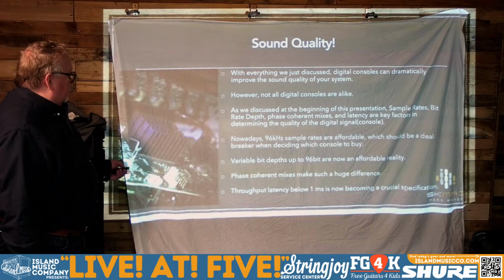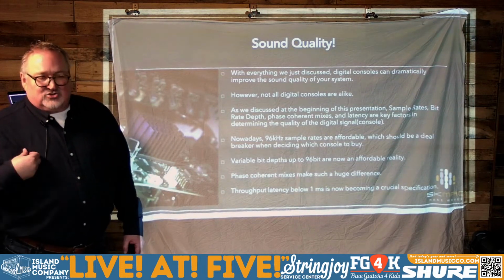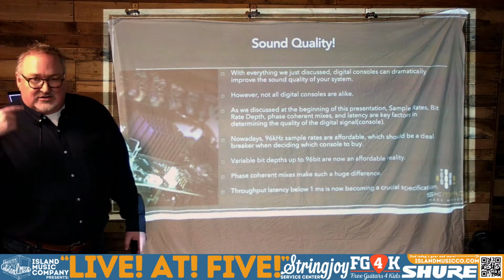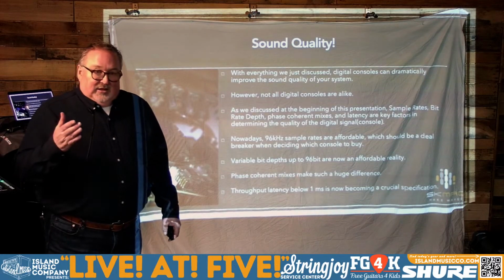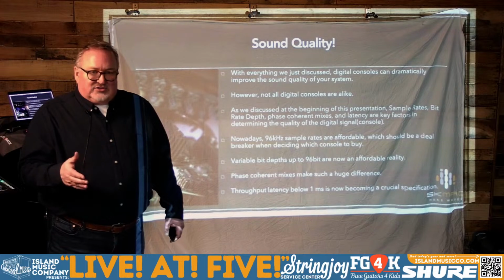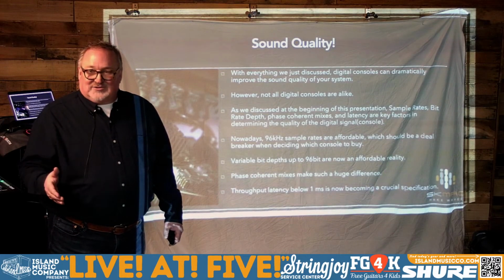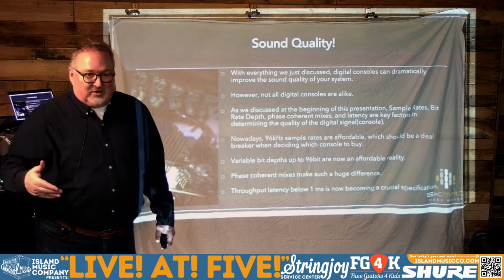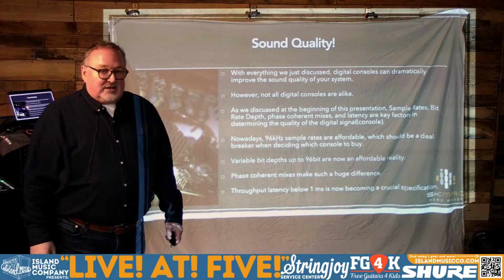And we talked about it, but throughput latency is obviously something that you need to consider. Because Shure just launched, and it's at the highest end right now of ears, digital ears. They just launched a digital ear. Their microphones are 2 milliseconds, the ears are 2.9, so we're really close to 5. If you have a console that's 3 milliseconds latency, you're past the point of people are going to start going, whoa, whoa, whoa, hey, this doesn't sound good to me. Some people can hear,